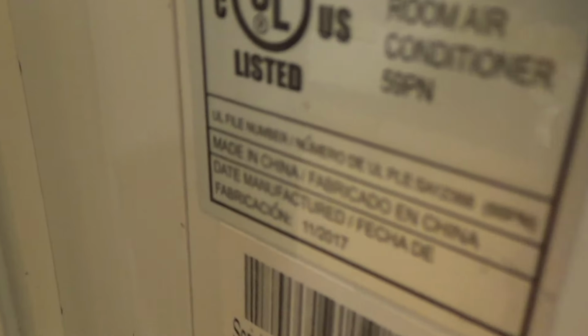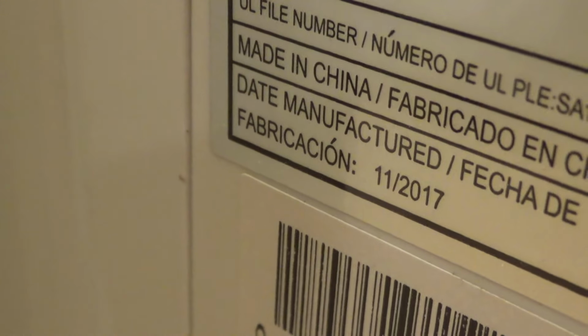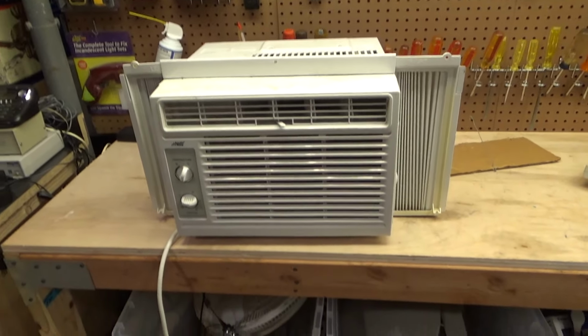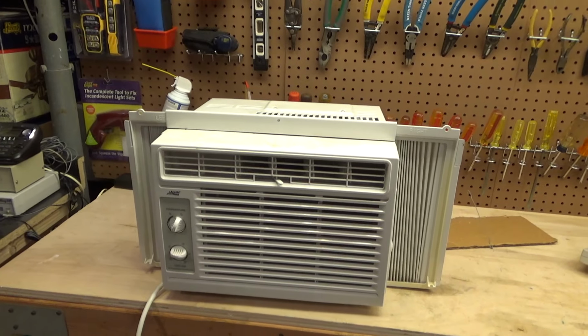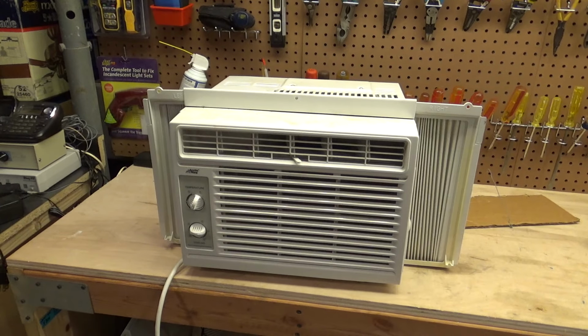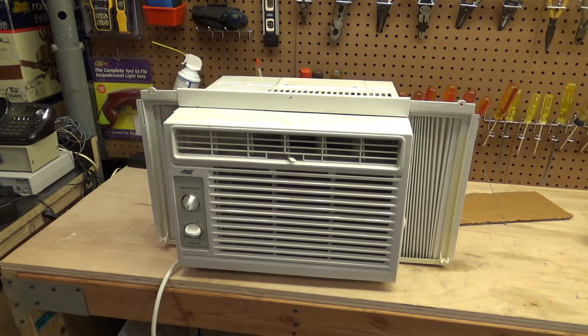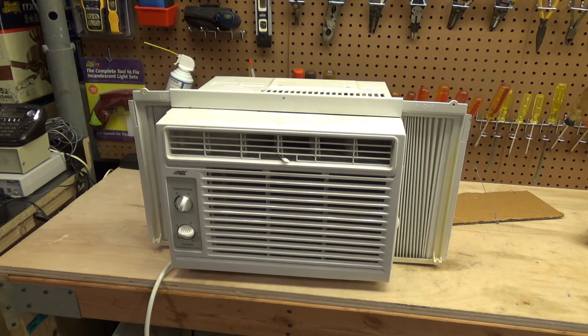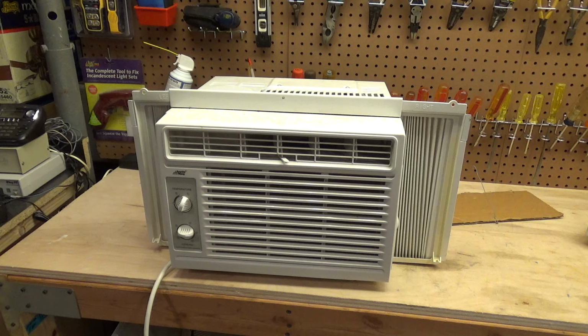This was made in November of 2017. I picked it up in 2018. I think it was towards the end of summer, the real tail end of the summer, maybe even into early fall. And I remember picking it up, and I did actually take it